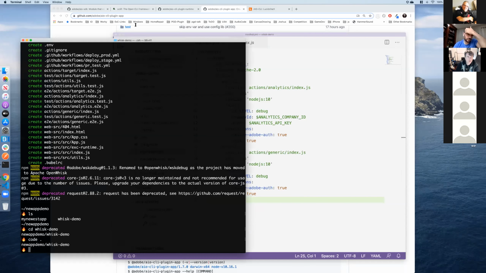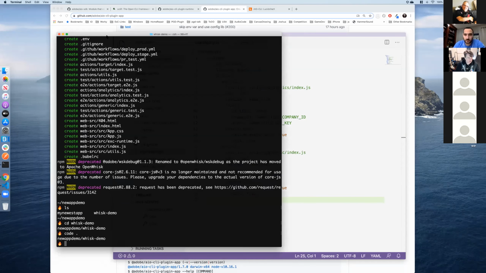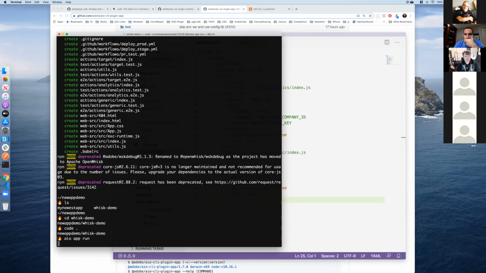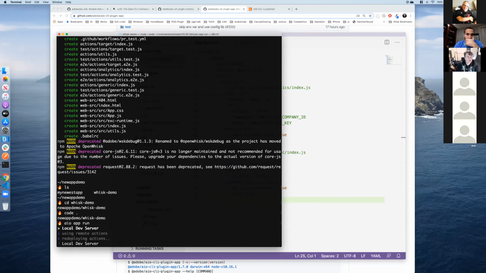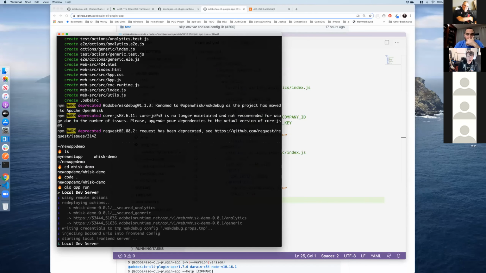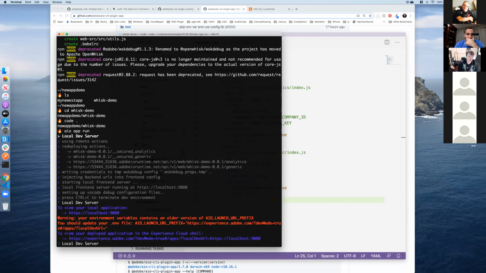If I want to run this, I can just do aio app run, and it'll do some building. One of the things we do is take each individual action, do a quick webpack on it, produce a zip, and then deploy it. Those are all deployed, and then we're using parcel.js for the front end code.